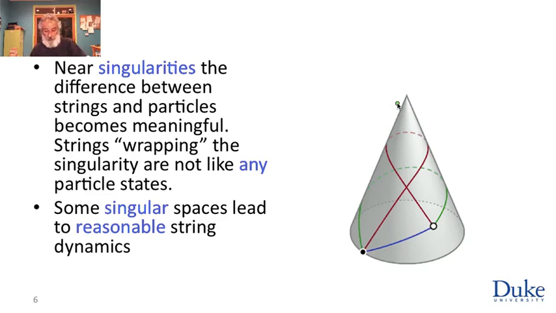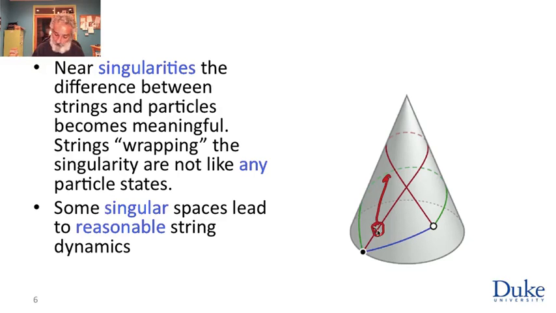In what sense? Well, here's a little, I'll draw it in red. Here is a little loop of string. And I could take a little loop of string here and ship it up that geodesic, and whatever vibrational state it has will just fly around that geodesic just like a particle would, and I can send a blue string up this geodesic and a green string up that geodesic, and everything would be hunky-dory. But you can ask, what happens if I take this string, and instead of shooting it along this geodesic, I aim it right at the singularity? Well, that depends on the nature of the singularity. But if the singularity is a particular kind of conical singularity, kind of like the one I drew here, then we have a way of understanding it, and string theory teaches us that here is how strings differ from particles.